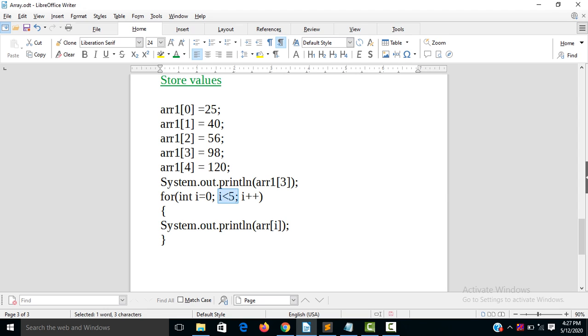So i equal to 0, so it will check the condition i less than 5. 0 less than 5, yes, it's true, then it will print the value of index 0. In arr1, index 0 value is 25, so it will print 25. ये 25 को प्रिंट करेगा. फिर i plus plus means 0 plus plus 1, so i will become 1, and again